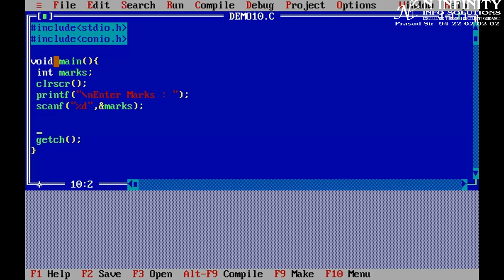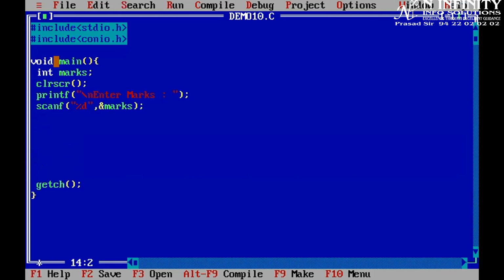And now on the basis of the marks, we need to take the decision. So let's begin with first class with distinction. So if marks is greater than or equal to 66 and marks are less than or equal to 100, then if it is in this range, then you can go with